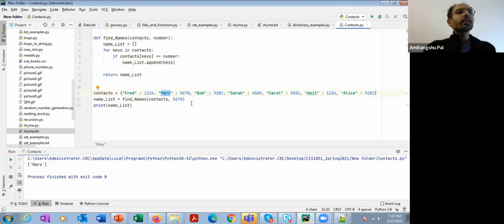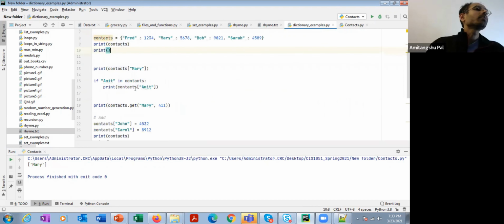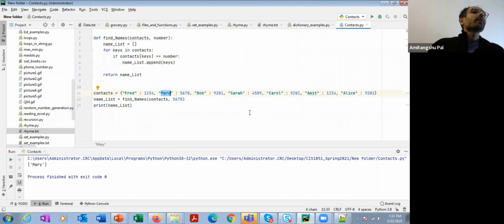So in this way, we can search different keys corresponding to the values. In the previous program, I showed you how to find values corresponding to the keys from a dictionary, and here I've shown you how to find keys corresponding to different values.